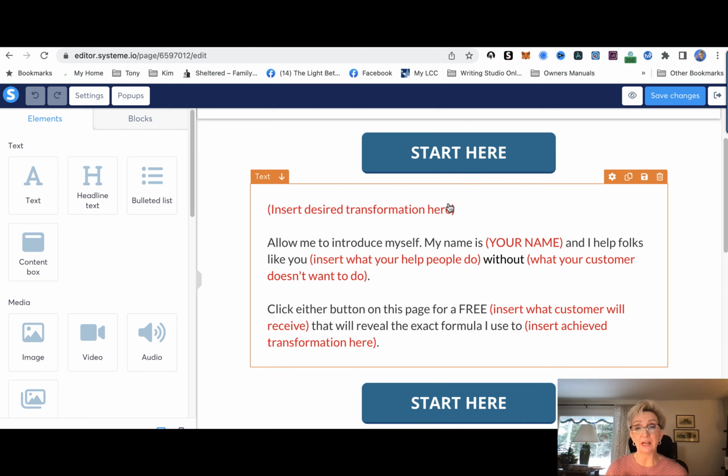In other training, I show you how to write an I help statement. We're not going to go into that here, but basically an I help statement is I help blank do blank without or with blank. So, it's a basic statement of who you are, what you do, who you help, and how you help them. That's very important. It's kind of like your elevator speech, but this is something that you should be developing for your niche so that you understand who it is you're helping and how you're helping and what you're helping